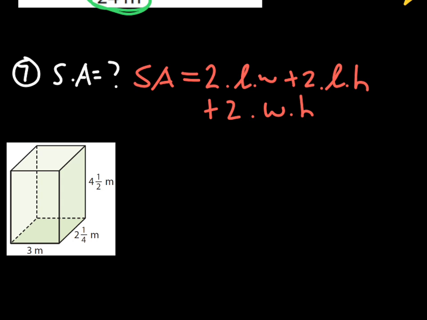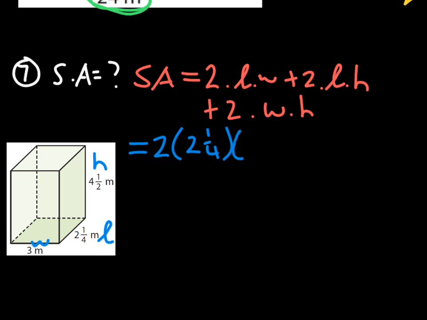Once again, it does not matter which ones we choose where, as long as we are consistent all throughout our calculations. So we can let 4.5 be our height. We can then let 2.25 be our length, and then 3 will be our width. So let's substitute these values into our formula. We'll have 2 times length was 2.25,